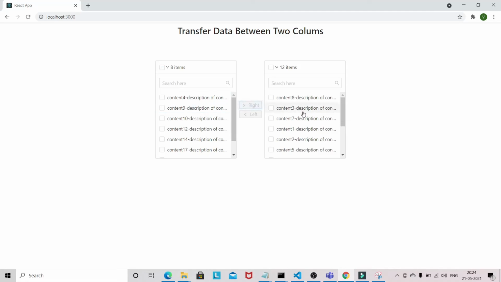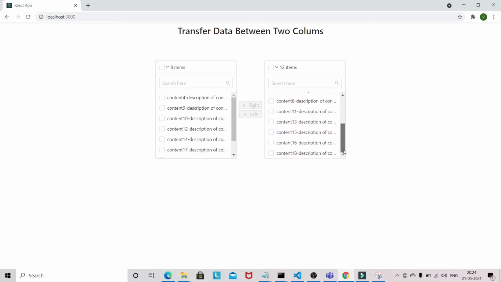This is sometimes useful when you have some kind of logic to implement in your project, so you can do this with the help of this Ant Design Transfer component.